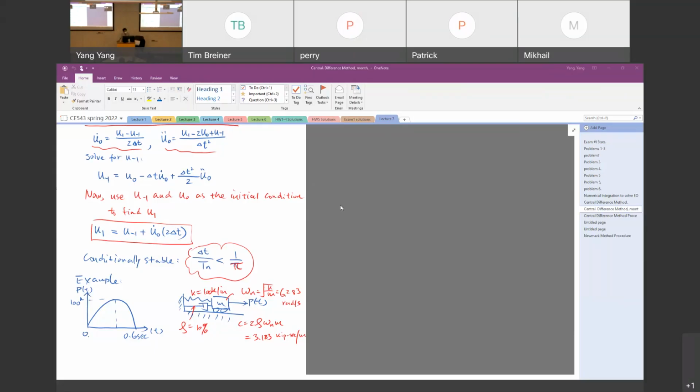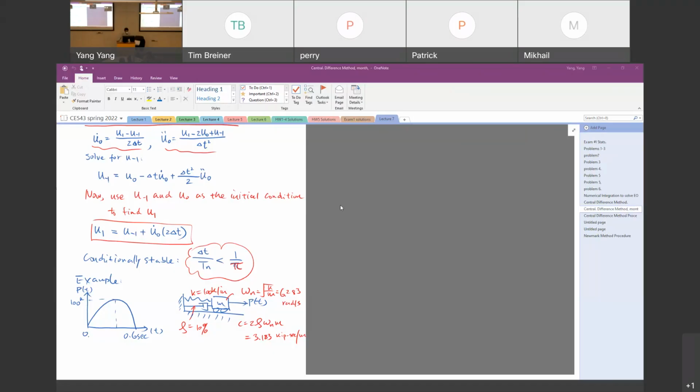Central difference method is very widely used in a lot of structural software, especially some structural software developed to simulate the structures under impact loading, blast loading, where the duration of the loading is very small. Typically, we use the central difference method, and in that case, we can get very